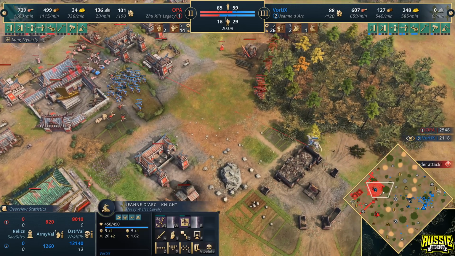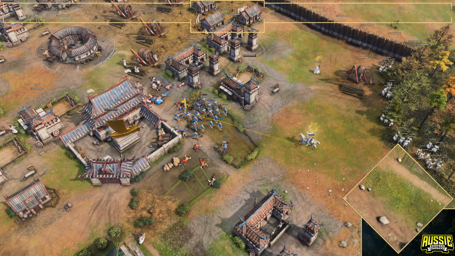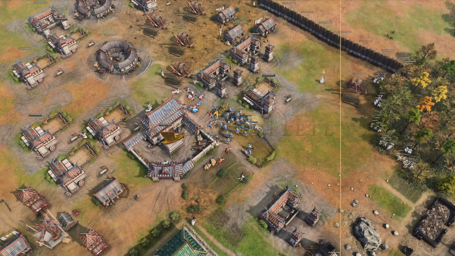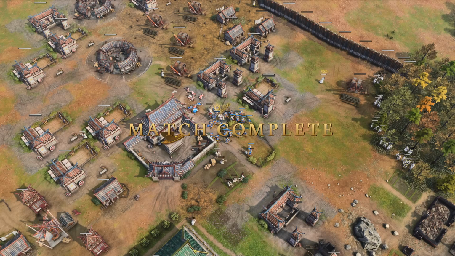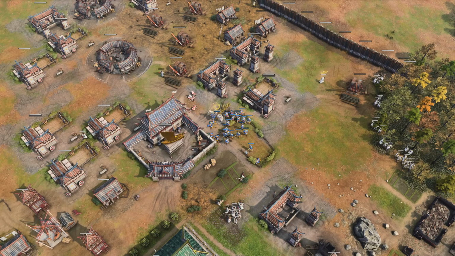But now, Jeanne comes running in. She spots a whole bunch of villagers. She's not even going to need to, because Good Game just gets called. He's camping the production, and that is it. Ladies and gentlemen, a little bit of an upset, but we're testing the boundaries of Jusey's Legacy, and I've got to say, it still looked pretty scary, but Vortex doing an